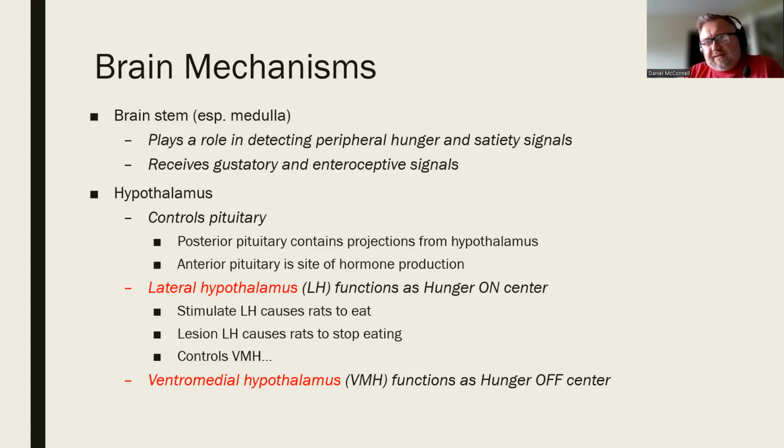If there is a satiety signal, so when you feel hungry versus when you feel satiated or full, the medulla is detecting that. There are also interoceptive signals. When your stomach is empty, that's a part of interoception. You can feel your stomach empty and grumbling. That's detected in the brainstem, or when it feels full. The same could be said for your intestines. We're not always consciously aware of when the intestines are full of food, but certainly that is registered by the medulla. And the gustatory input.